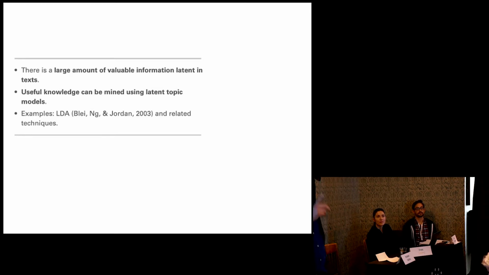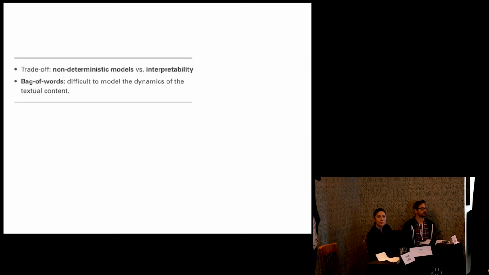This characteristic is that the topics are not deterministic. So it means that one word can belong to more than one topic, which makes sense. But this generates another problem. We have a trade-off between non-deterministic models and interpretability. In many applications of latent Dirichlet allocation and other topic models, the interpretation is pretty difficult. If you have data from social media, for example, sometimes the top 10 or 15 or 20 percent of words per topic are basically the same, so you can't make an interpretation.